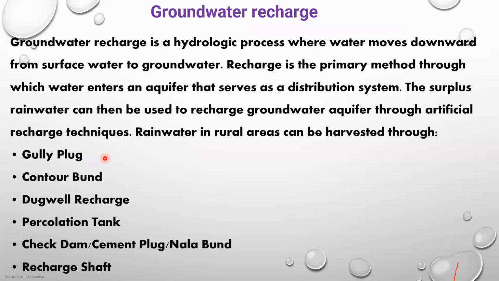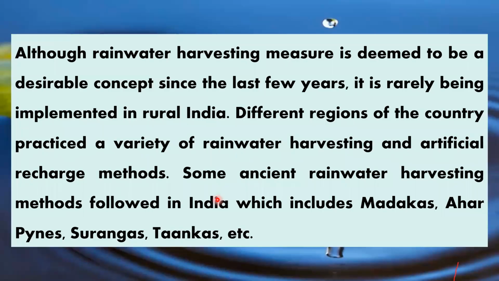They construct a gully plug, contour bund, dugwell recharge, percolation tank, check dam or cement plug or nala bund, and recharge shaft. These are certain very important things that have to be constructed for groundwater recharge. Fine. Next, you see, although rainwater harvesting